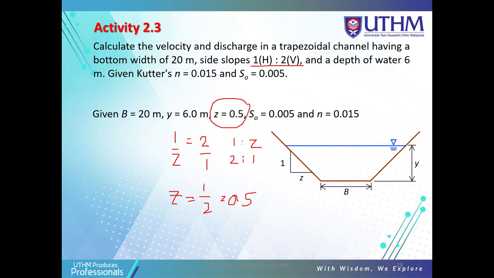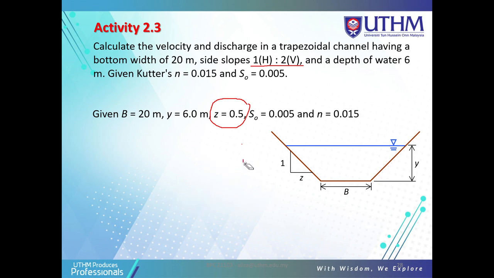We use the trigonometry calculations with z, 1 over z, but we know that the side slope is 1 horizontal to 2 vertical. So 1 horizontal at the z here, and the vertical is 2 here. So you just use the trigonometry, and you get the z is this one. After you get the z,